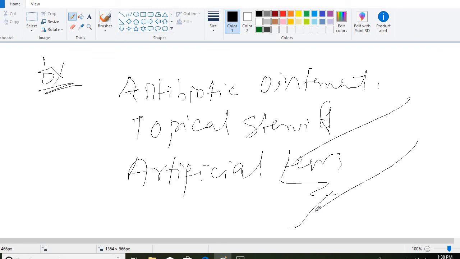That was blepharitis. It was inflammation of the eyelid. We studied anterior blepharitis, posterior blepharitis, and ulcerative blepharitis, caused by Staphylococcus aureus. Symptoms include itching, lacrimation, photophobia. Signs include eyelid margins that are red and edematous. Complications include eyelid, conjunctival and corneal complications. Treatment was antibiotic, topical steroid, and artificial tears.